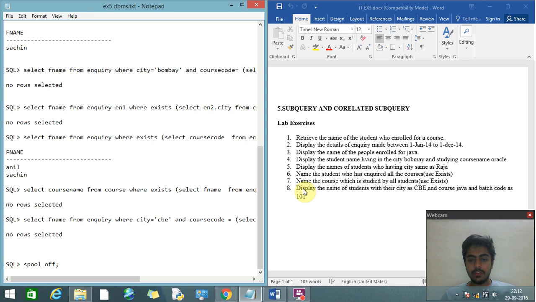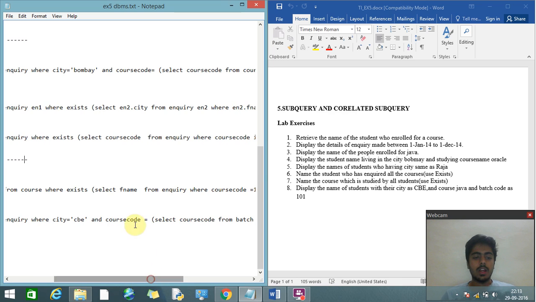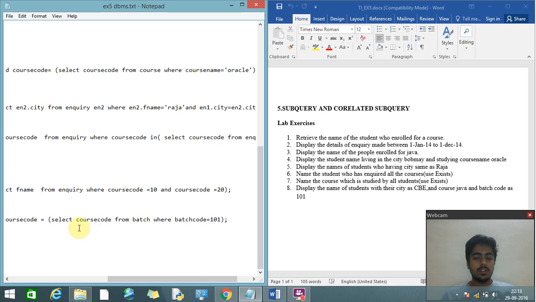The last query is to display the names of the students with city Coimbatore (CBE), course Java and batch code 101. Here we use the same concept: select first name from inquiry where city is equal to Coimbatore, and we also want the course code, so course code equals, and now this is the subquery: select course code from batch, which is another table, linking to the other table, where batch code is equal to 101.